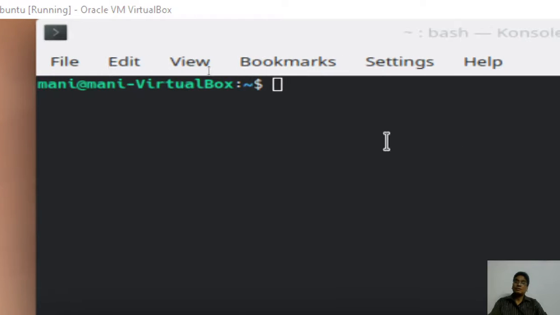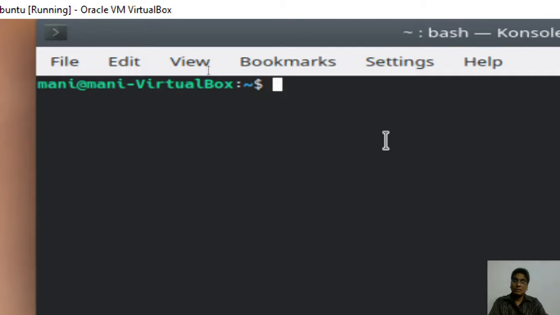So if money wants to send a mail to the student, what money has to do is type mail to student. That's all. Mail to student. You press enter. It will ask you for carbon copy. You know, when you send a mail, it will ask you for CC. If you have a CC, you can send it to the CC.